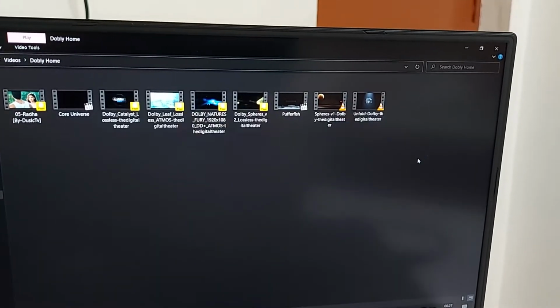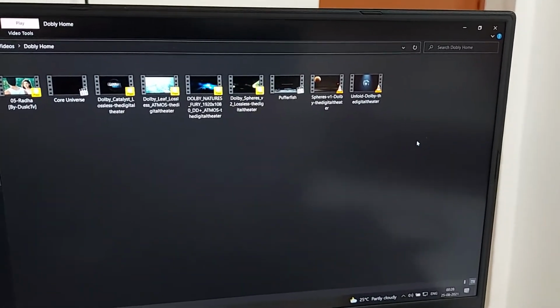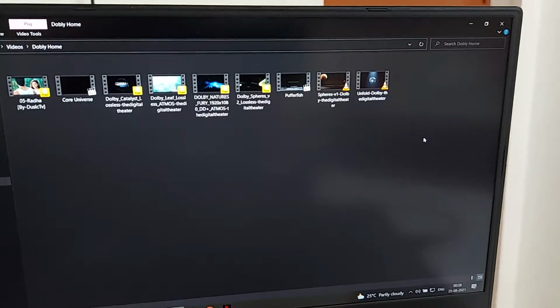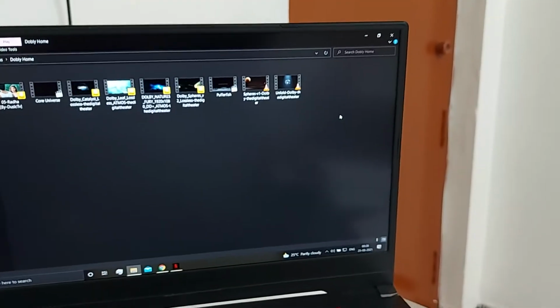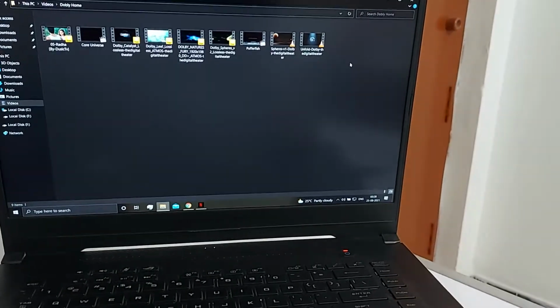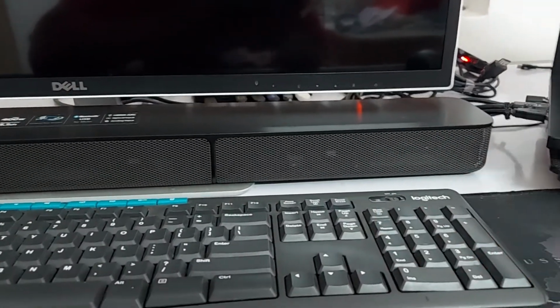Some of them are DTS, some of them are Dolby TrueHD. Whatever it is, this laptop is going to convert Dolby TrueHD, DTS, and any other formats, even MP3, to Dolby Digital, and you can enjoy 5.1 on this soundbar.